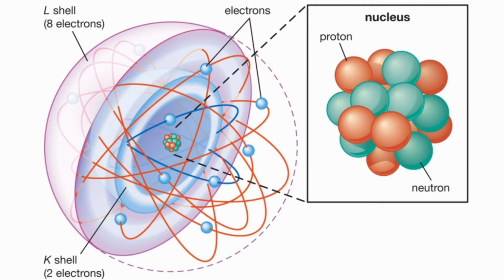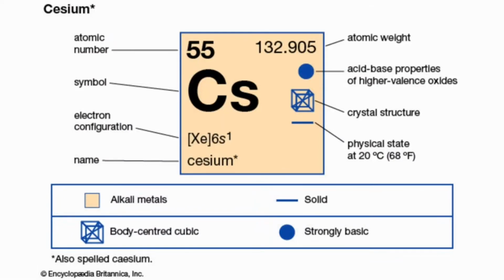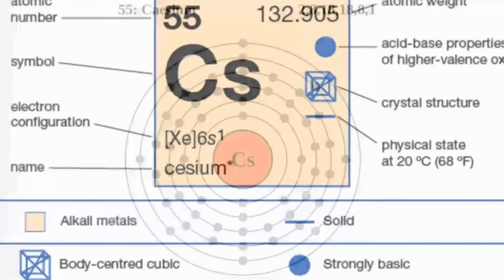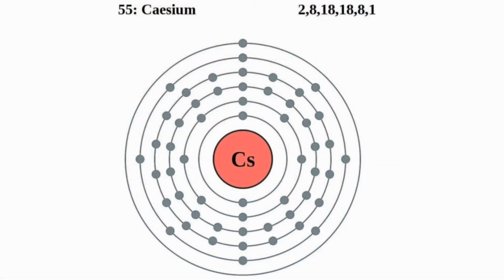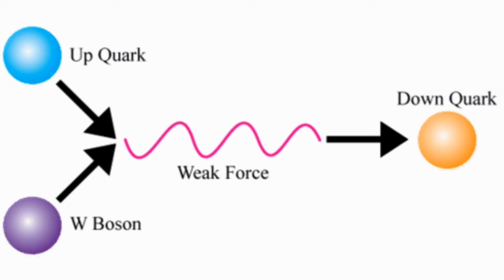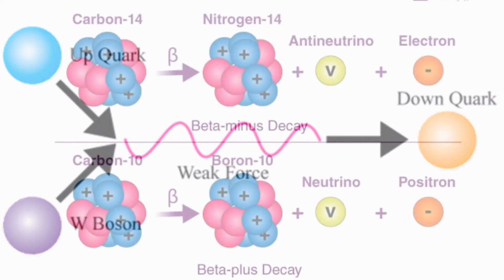So if you add up the protons and neutrons of cesium, you get 137. And we know it's precisely cesium because it has exactly 55 protons, making it the 55th element. So with that information, we know that the nucleus of the cesium has 55 protons and 82 neutrons. So the weak interaction or weak force is what's responsible for one of the neutron's quarks flipping and turning into a proton. I'm not going to go into detail about what a quark is and all of that, and the quantum theoretical math can get pretty complicated, but I just want to give an example of what the weak interaction does.